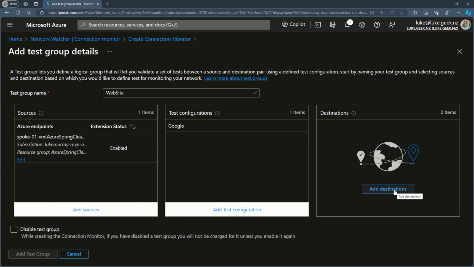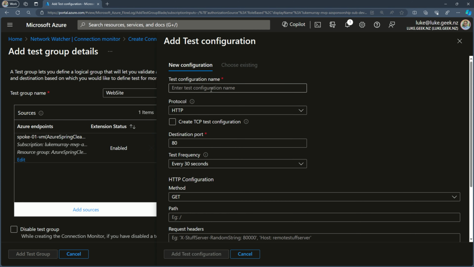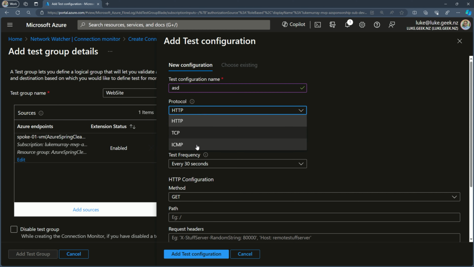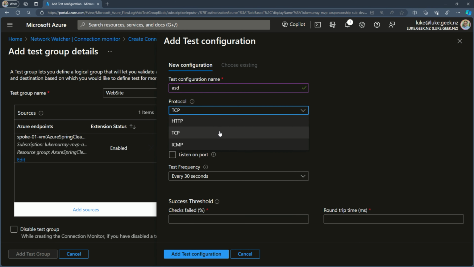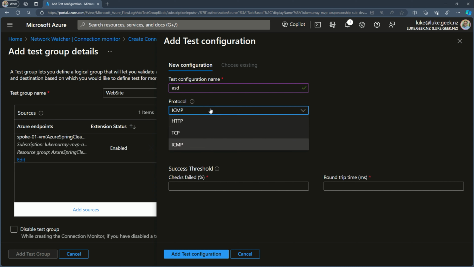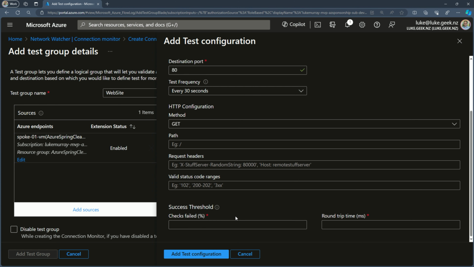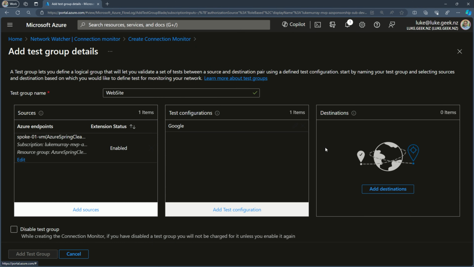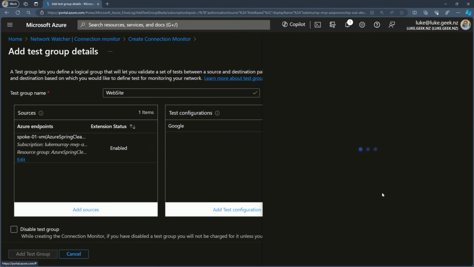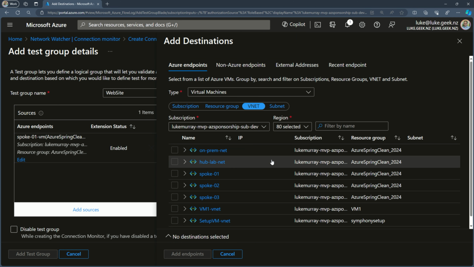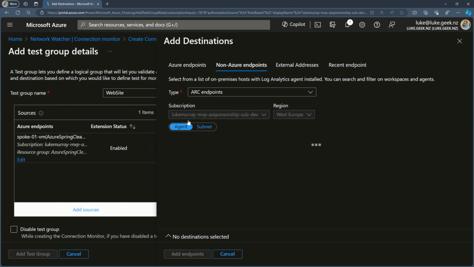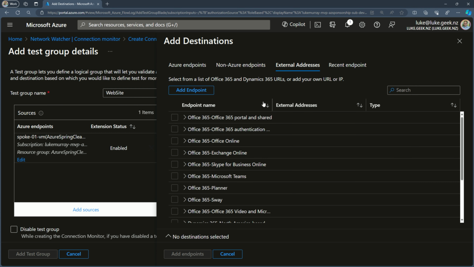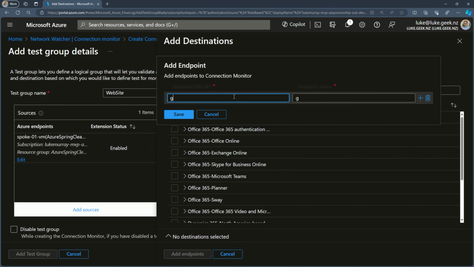And then I can specify our destination. Actually, where I was going to show you that you can set up, it's in the destination actually. So this is our destination. So we will have an external address of Google,